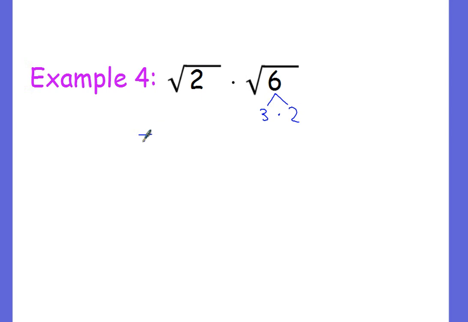So let's go ahead and multiply those together. Whenever you multiply radicals, if there are numbers on the outside of the radicals, you multiply those together. If there are numbers inside the radical, you multiply those together. So this would just be the square root of 12. All right, and then we want to see if we can break this down a little bit more. We can simplify this. Think of the